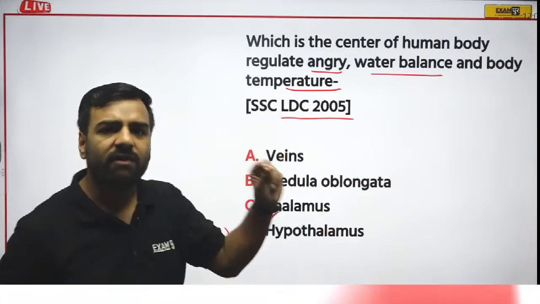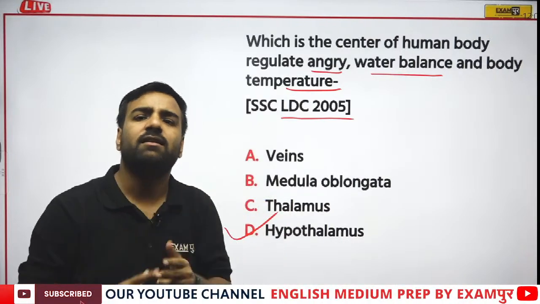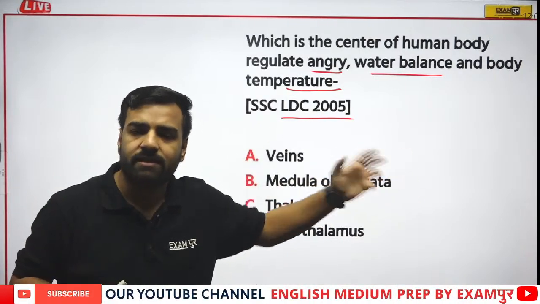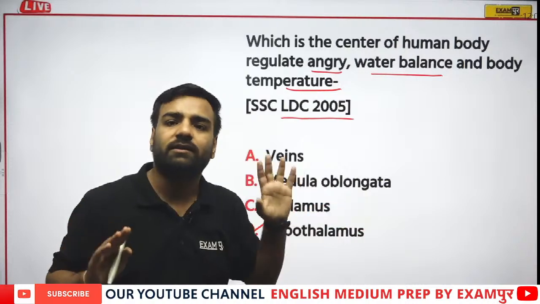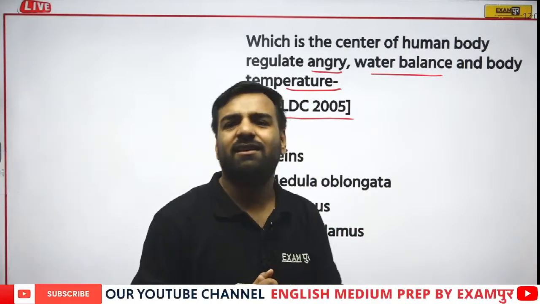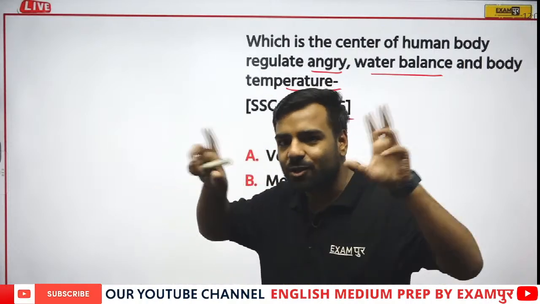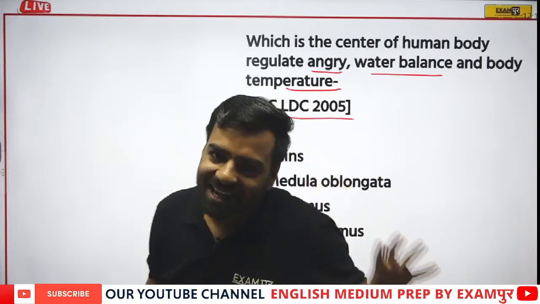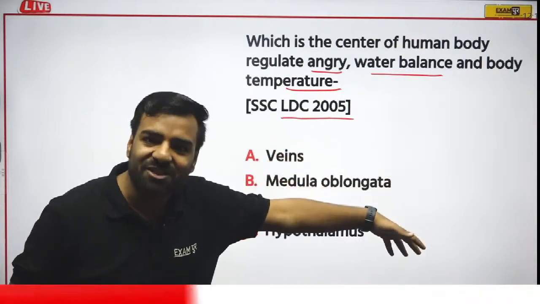Great. So whenever we discuss hunger, thirst, pain, whatever it is, even water balance or body temperature control, this is done by the hypothalamus. So whenever you feel like, why am I like this, there's a song, "मैं ऐसा क्यों हूँ?" It's actually because of the presence of hormones.